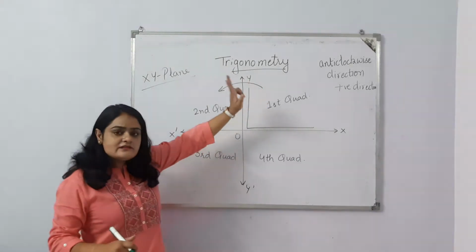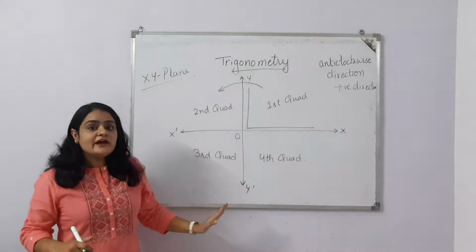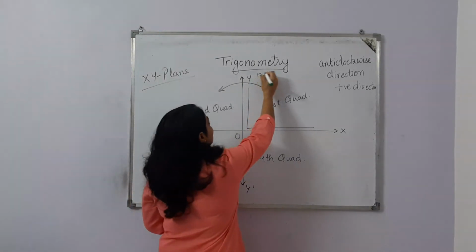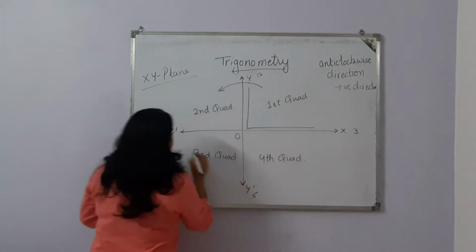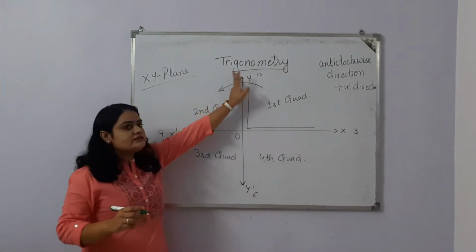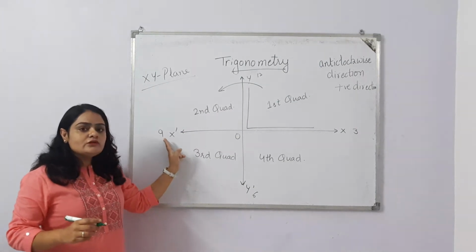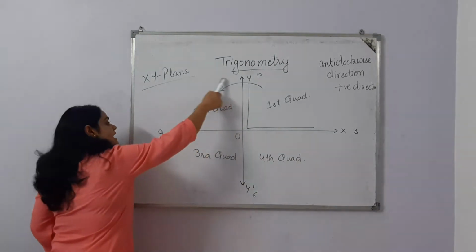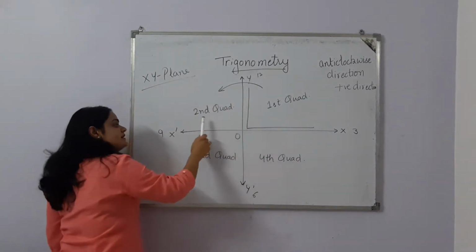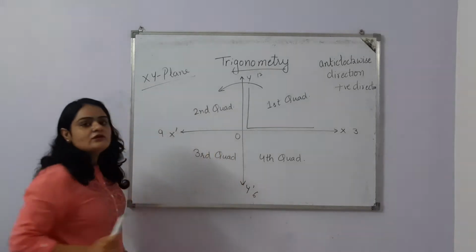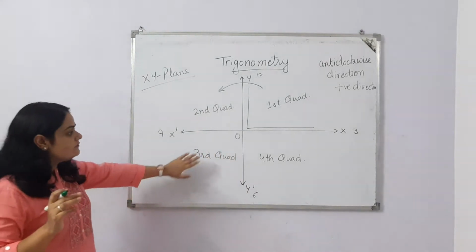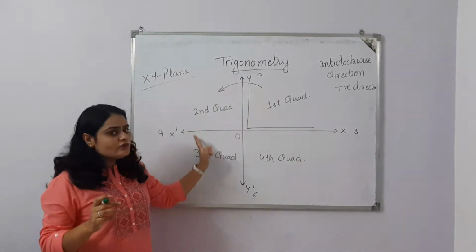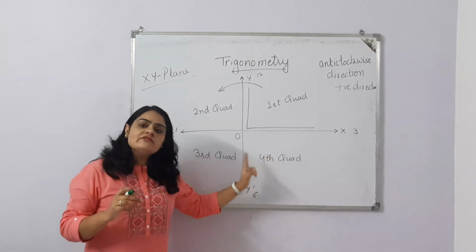Remember the direction. This is the main thing, the anti-clockwise direction. I have followed the anti-clockwise direction. If this is your clock, if this is your 12, then this is 3, 6, 9. So this is your anti-clockwise direction, 12 to 9. If we are going from 12 to 3, that means it is the clockwise direction. But here we are going in the anti-clockwise direction. This is your first quadrant, second quadrant, third quadrant and fourth quadrant. So quadrants occur whenever we are drawing the x-axis and y-axis, that means the xy plane, and if we are going in the anti-clockwise direction, we are in the positive direction.